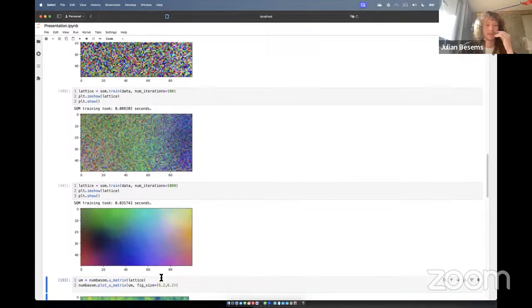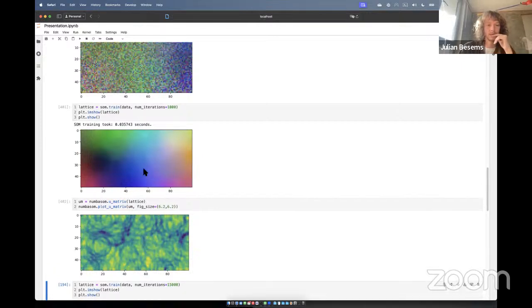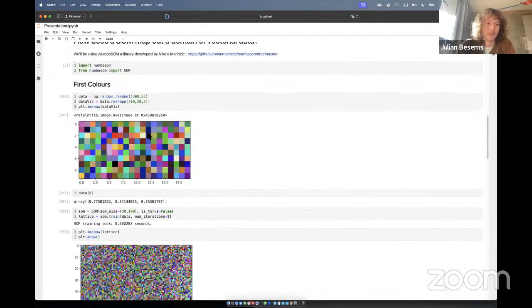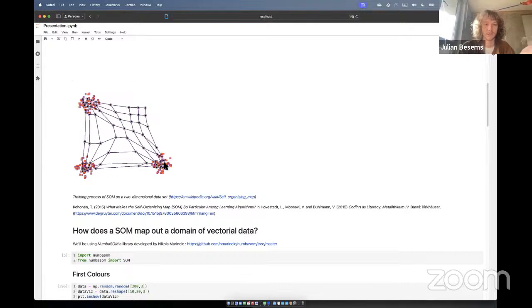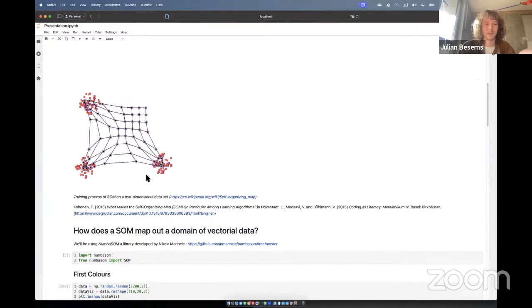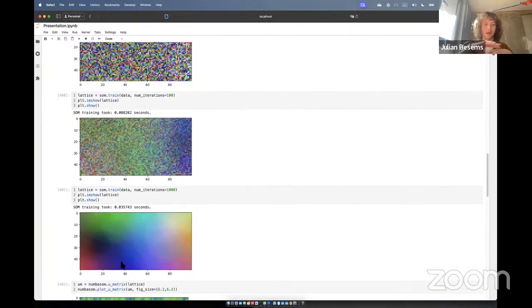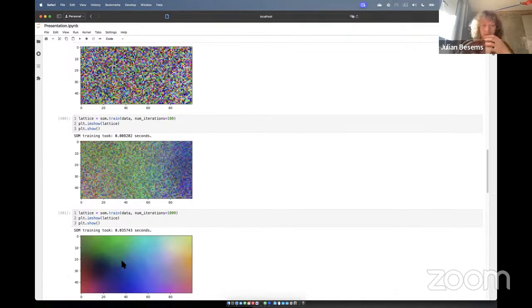Doing that and looking at the internal distances. So this means that you take one square in the SOM and check how far that particular square is to the ones next to it. Because what's important to understand is that this doesn't actually show the training data. In the same way that in this image, you see that the nodes of the self-organizing map float in between the actual data. So that means that with less information than the overall representation of the map, you can still get a smooth topology of how that net, or the self-organizing map in that case, starts to represent that overall topology of information that it tries to represent.